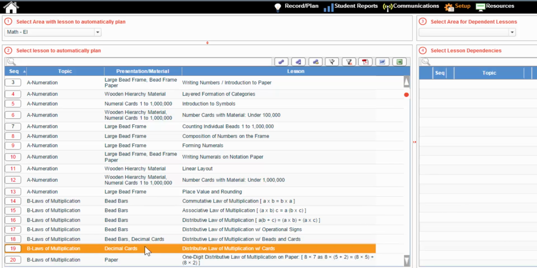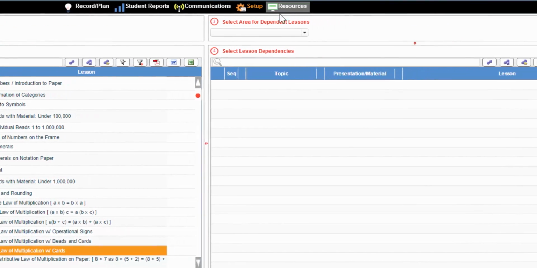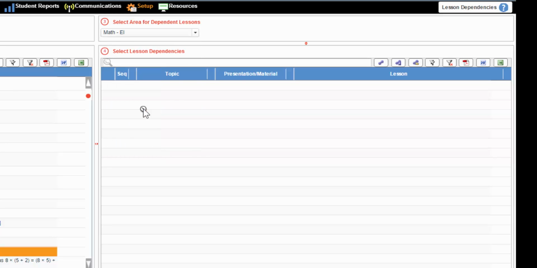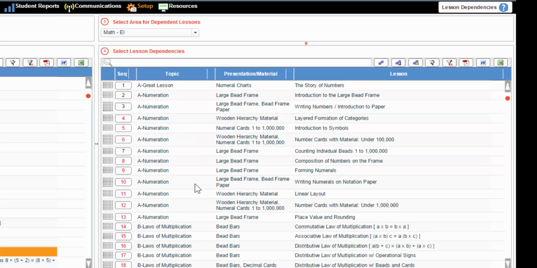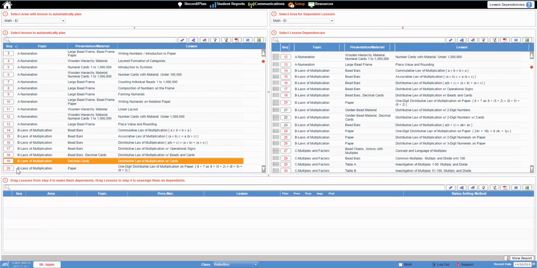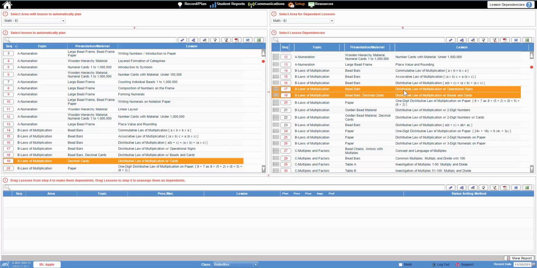So I'm going to say this is the lesson that will be auto-planned. In step 3 now, I'll go to the same area because I want the preceding lessons to be in that area. But keep in mind, you can create lesson dependencies or auto-plan across areas if you'd like for a more holistic approach. But I'll keep it simple here. So I have lesson number 19 in sequence. I'm going to say, just to be simple, lessons 18 and 17 must be at least presented before lesson 19